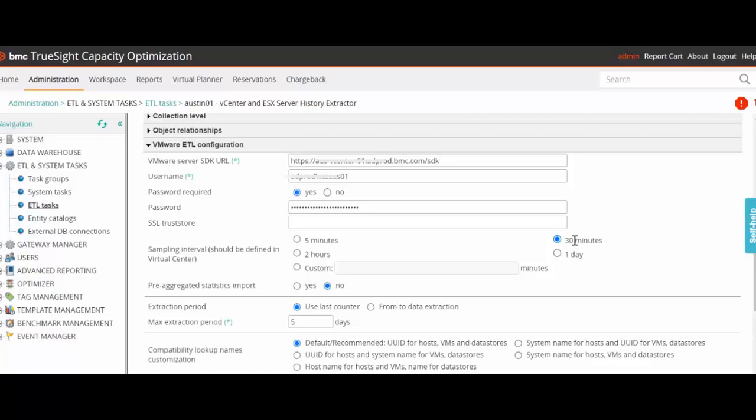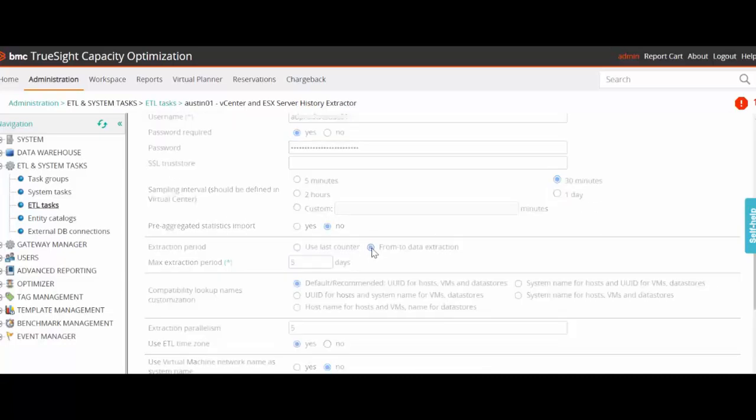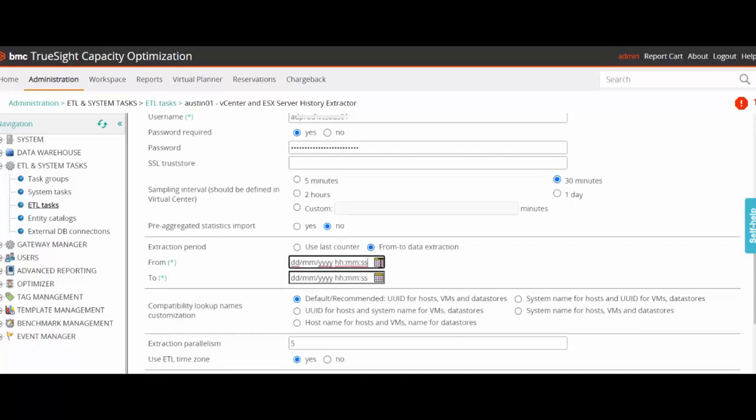If you're recovering data from now up to 30 days, the resolution can be chosen as 2 hours. And if you're recovering from more than 30 days up to 365 days, you can choose 1 day. And now from this extraction period, we'll give the from-to date, as I have said earlier,